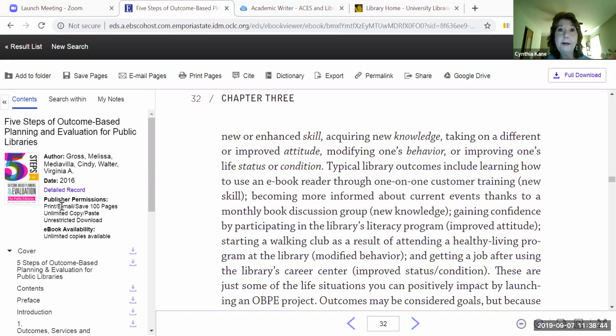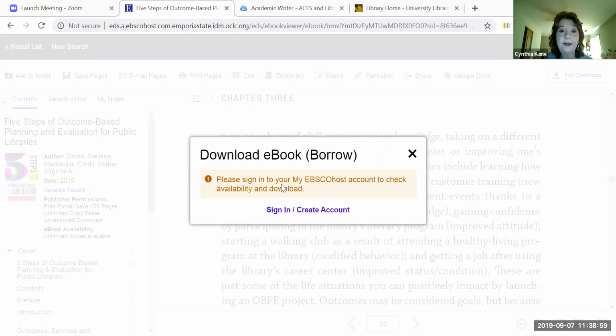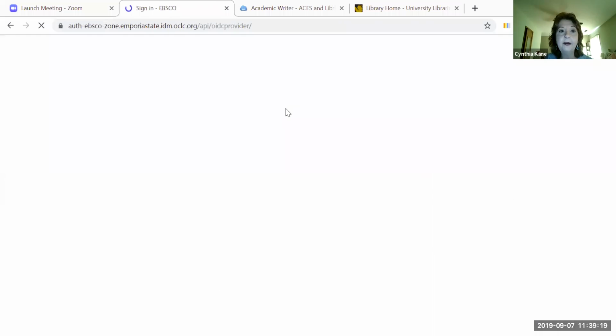Unrestricted download and unlimited copies available. That means that if you wanted to check out this book virtually, you could click on full download, and you're going to be prompted to sign into something called My EBSCOhost account. We're going to cover this in just a second. So what this is doing right now is taking me to my EBSCOhost account,